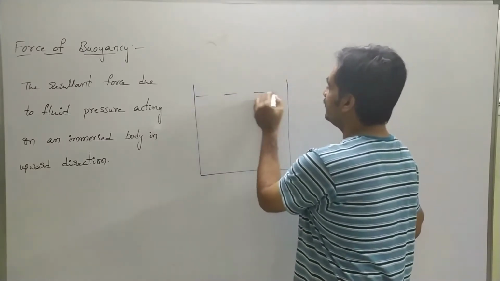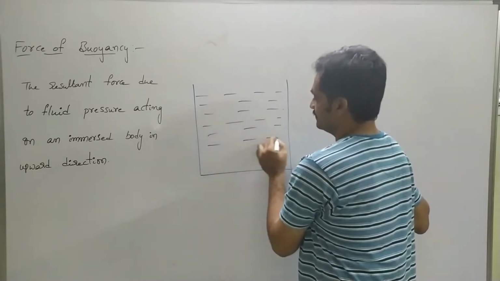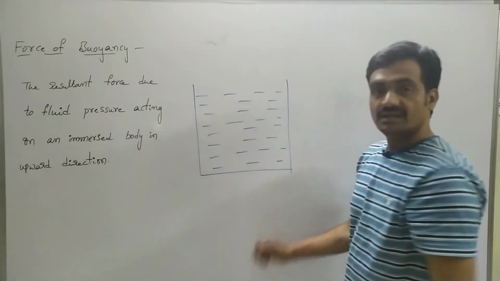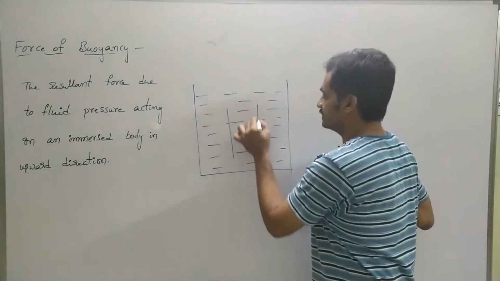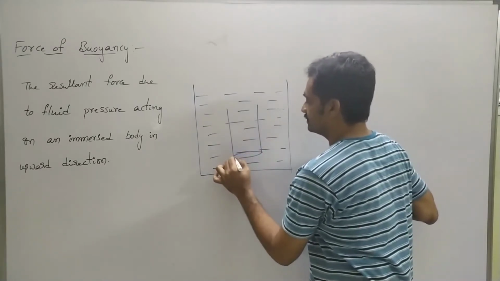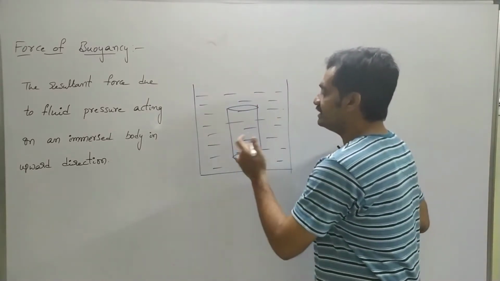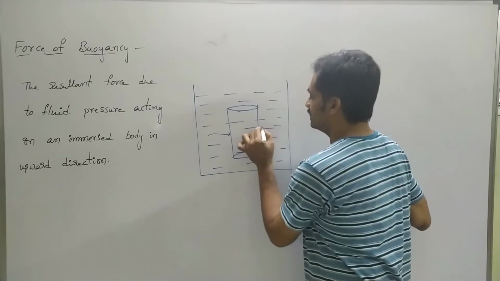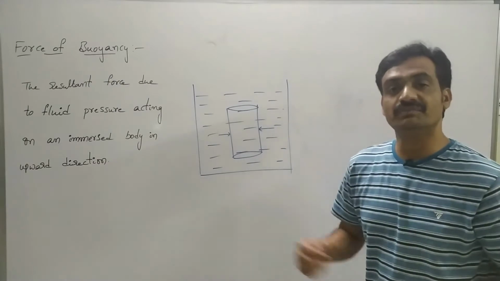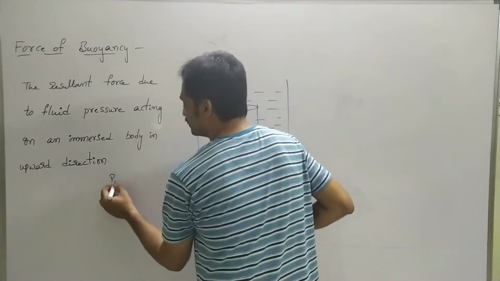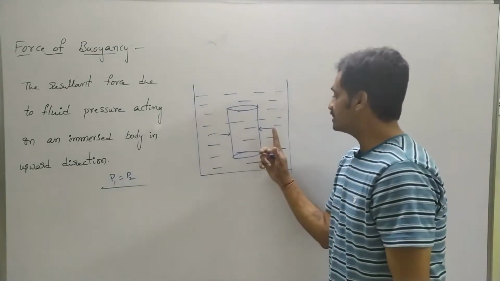a fluid in a container, now I am going to consider an imaginary body within the fluid like this. So here when we consider the pressure along the horizontal, we know that pressure along the horizontal will remain the same. Already we had seen it in our previous video, and we had represented that pressure along the horizontal as P1 equals P2. So pressure at this point is equal to pressure at this point.